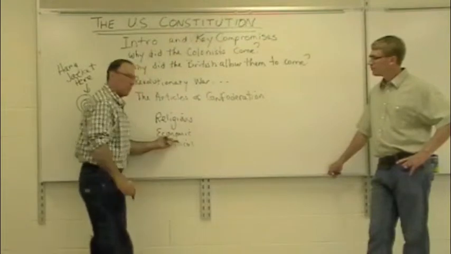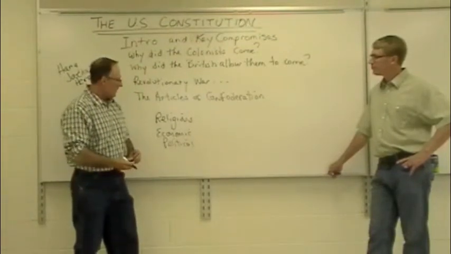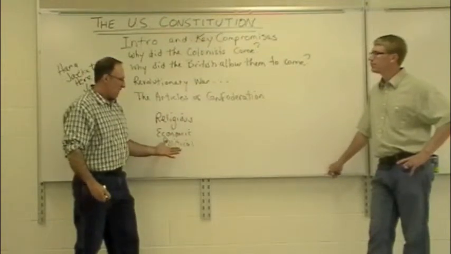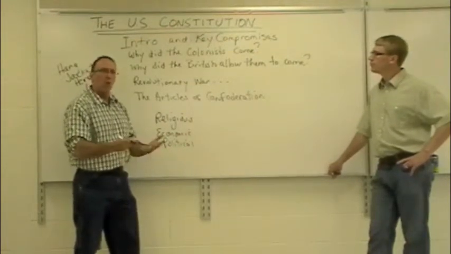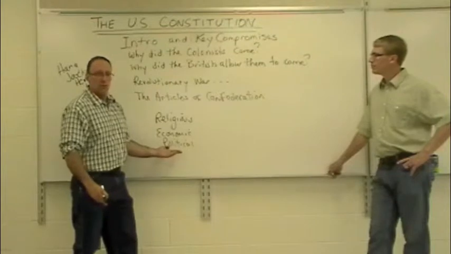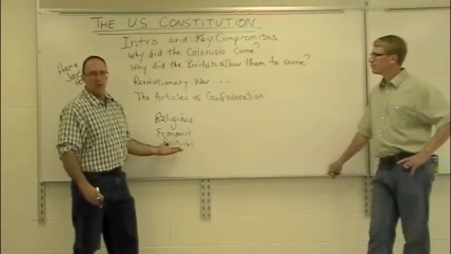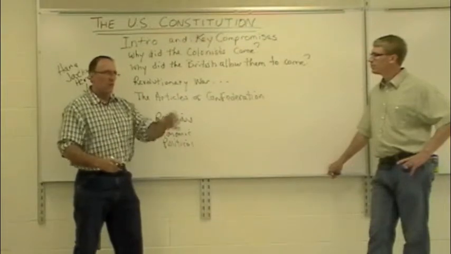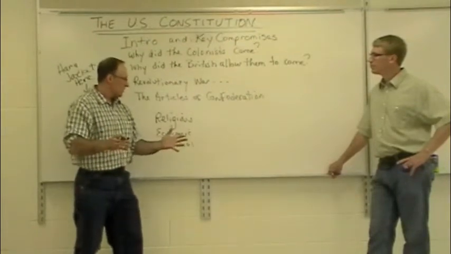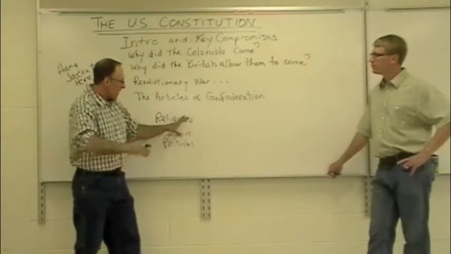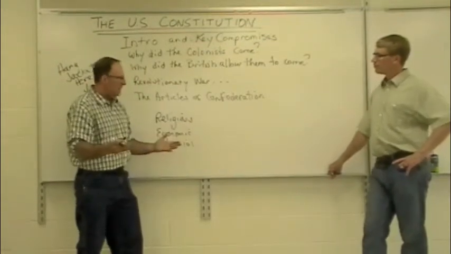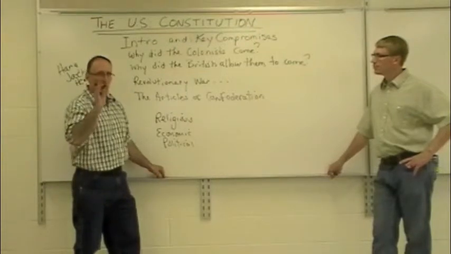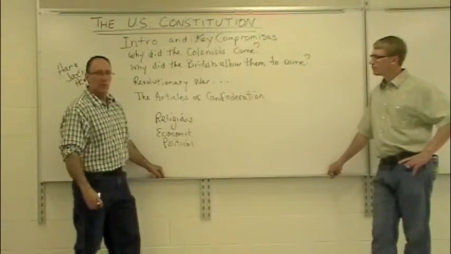What do we mean by economic and political freedom? Well, the idea is that the colonists are going to be able to open up their own businesses, make their own money, support themselves, and develop their own way of life. And in so doing, they would need a political system with representative government, where they would elect people to make laws for themselves, and thereby put the three together. In the end, I think most colonists, at least Ben Franklin, had the idea that we were going to make our own government, form our own country at some point.